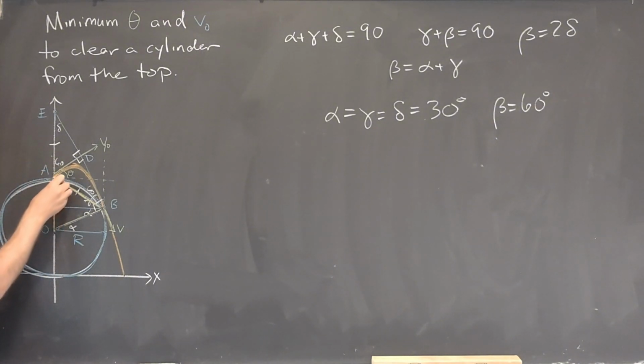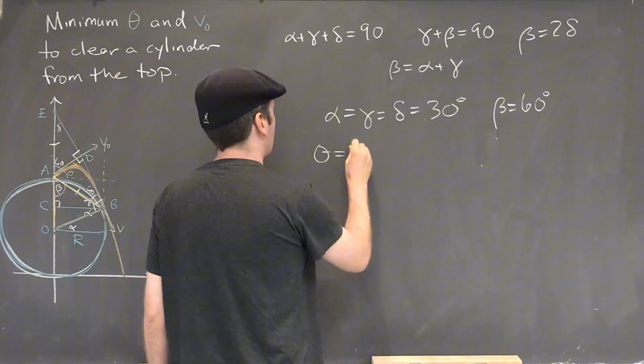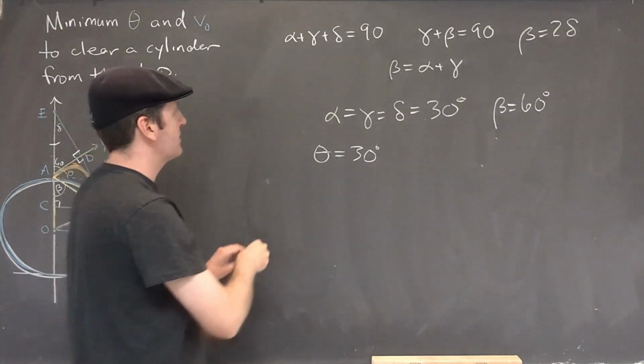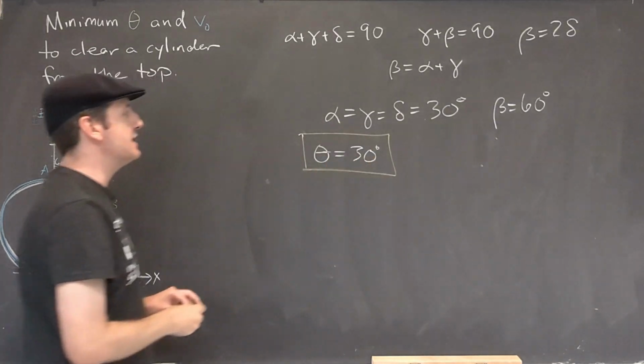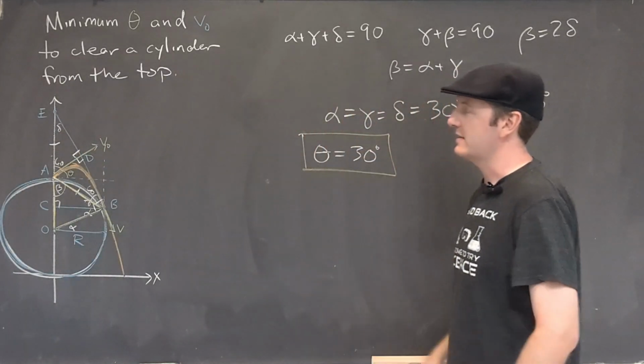So I have 60 here, I have 60 here. We've got 30 here. That means that theta must be 30 degrees. So that's our first result. There's the angle that will guarantee this minimal condition of speed